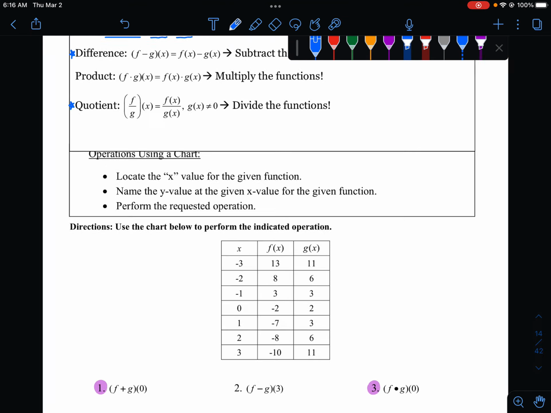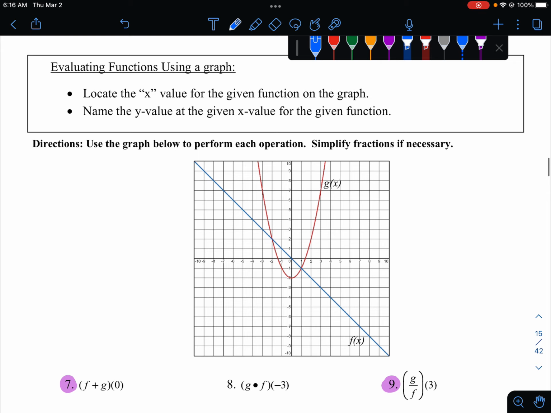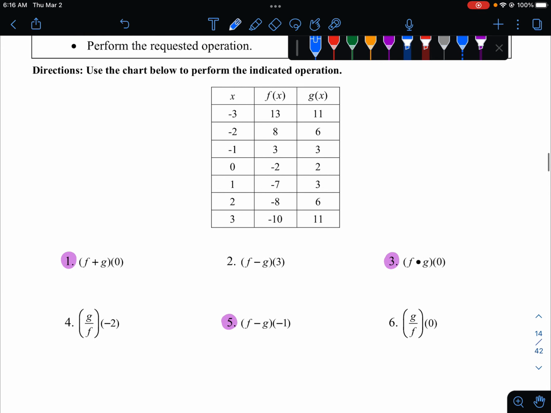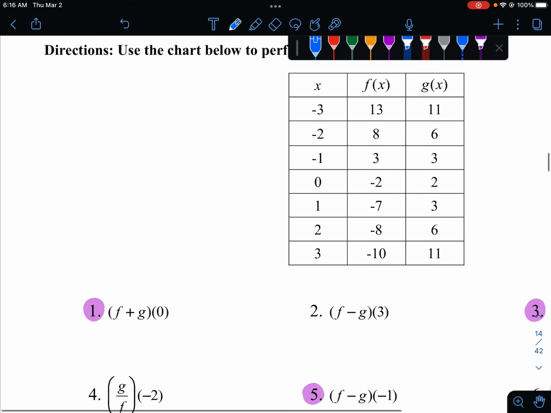So what we're going to do is we're going to look at a chart, we're going to look at a graph, and then we're going to look at equations, kind of the way that we've been doing the last few days. So first of all, we have f plus g, and if I use my colors again, all they're asking